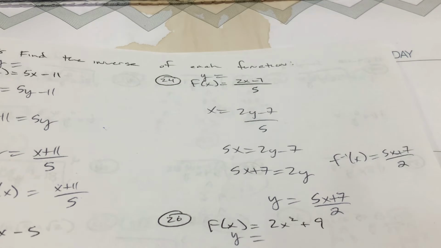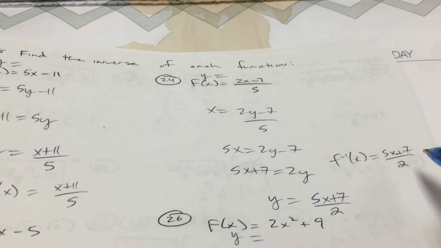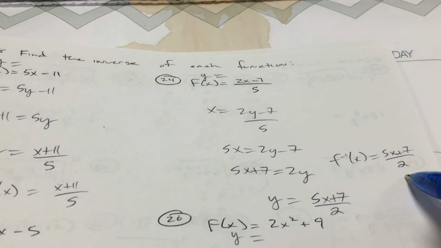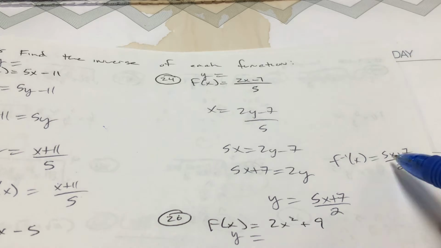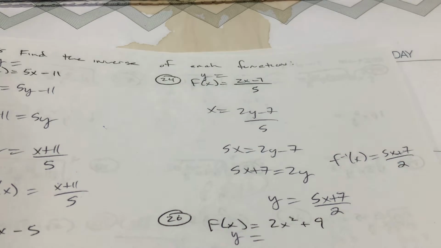y equals 2x minus 7 over 5. So x equals 2y minus 7 over 5. Gonna figure out what y is. I'm going to multiply both sides by 5. Add 7 to both sides. Divide by 2. y equals. So f inverse of x equals